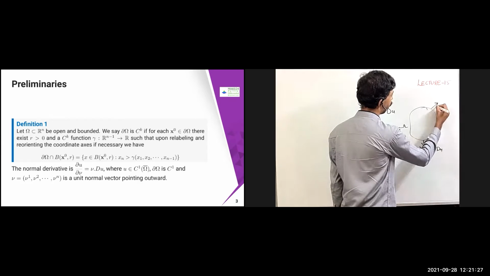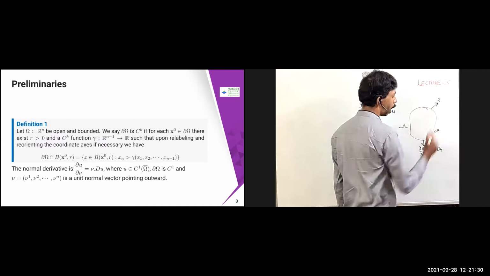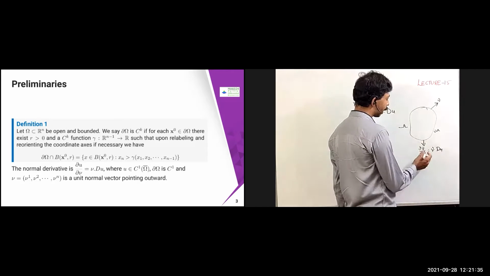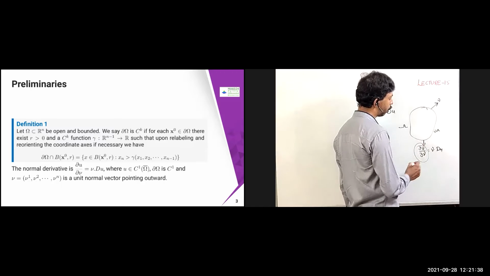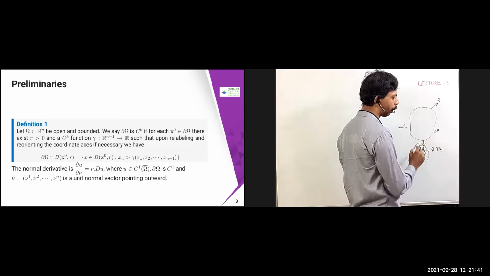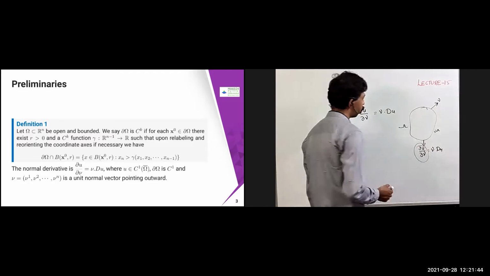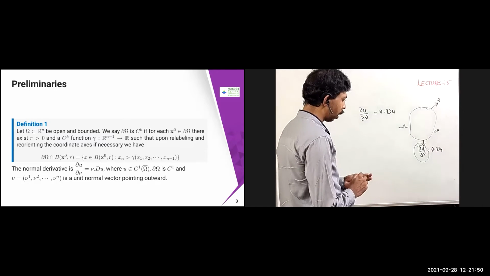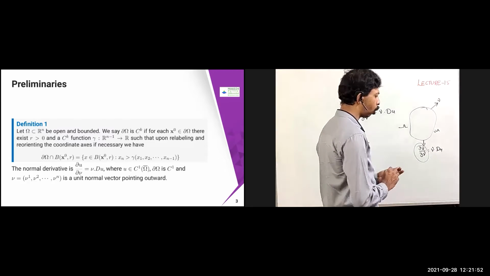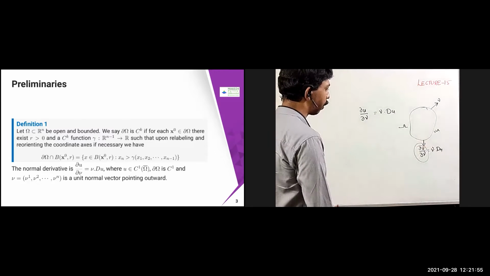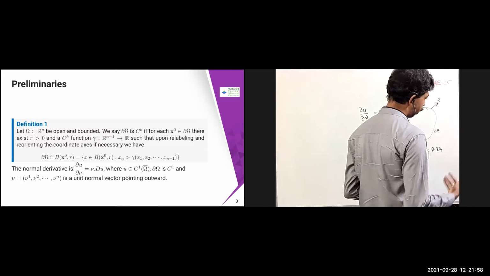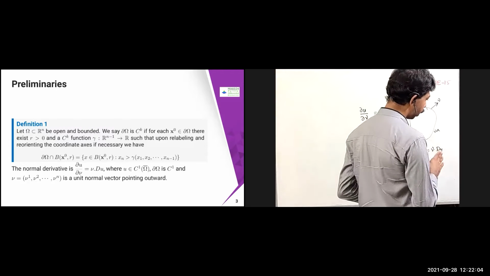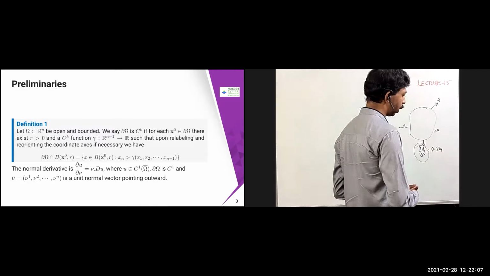Suppose I have a point here; this is my ν, the unit normal pointing outward. In that case, this is called the normal derivative. The normal derivative is defined as ν · Du, where Du you already know: you take the total derivative of u, where u belongs to some C¹(Ω̄) and ∂Ω is a C¹ function. You can refer to the previous definition: in the place of k, you just put 1, and it is going to satisfy that condition, the C^k function.